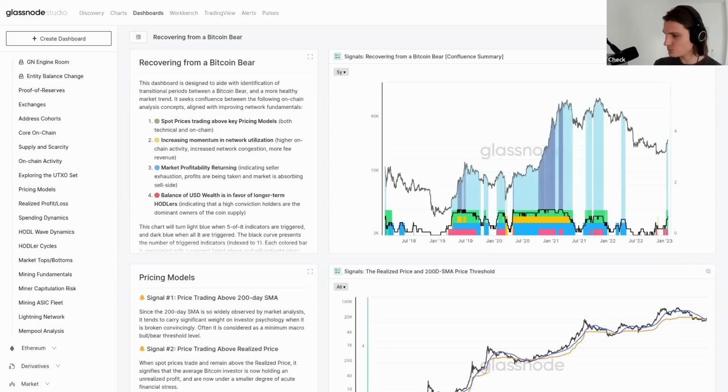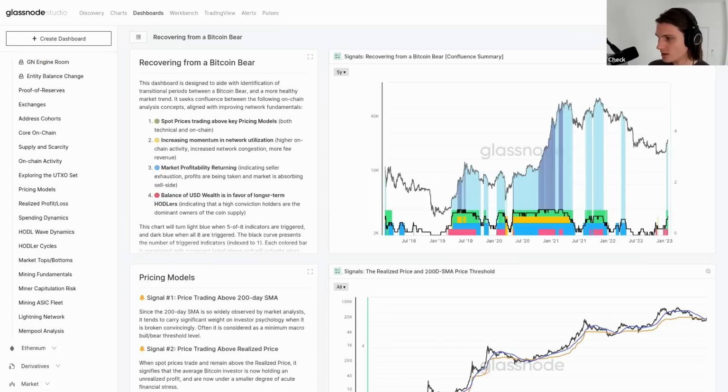Now that we have our dashboards released, we're now going to start turning those into a bit more educational content and saying, all right, on-chain activity, let's understand why that matters. Profit and loss, let's understand why that matters. So to answer your question, there will be more stuff coming out. It will be coming out as quickly as we can ship it, which, most of the time there's something coming out each week. But we will be structuring that into a more tight process in the very near future. So stick around.